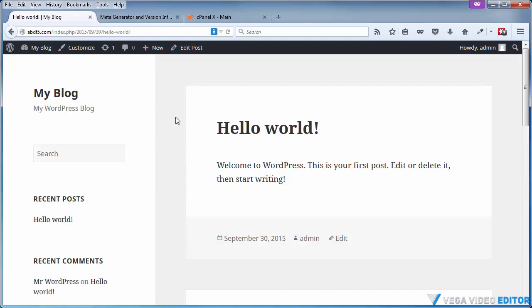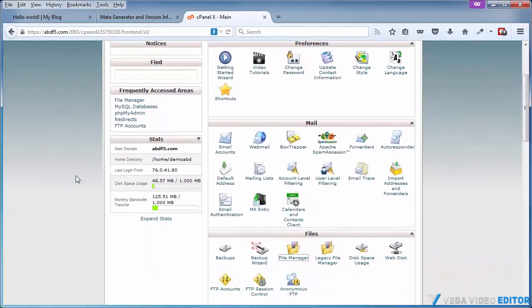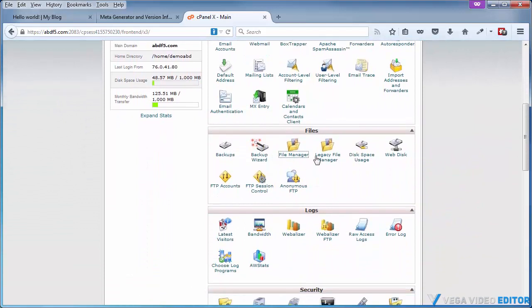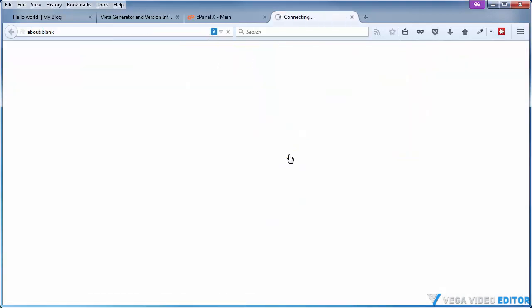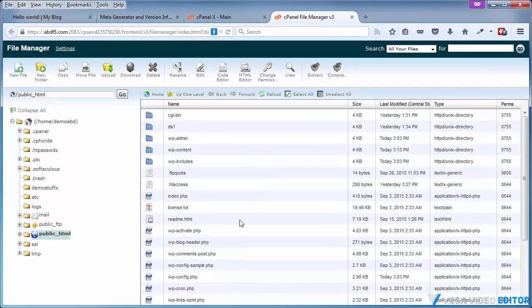Anyway, one last thing I want to cover in this video is removal of the trash, or what I call trash files, that really play no part in your site whatsoever. So let's go ahead and get rid of them just in case they may pose a threat down the line. So I'm doing this in the cPanel control panel under the file manager. You can do the same thing through an FTP client, but